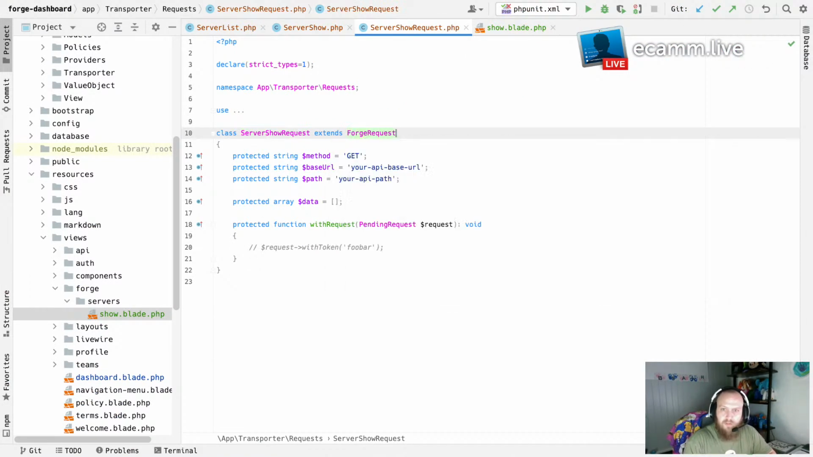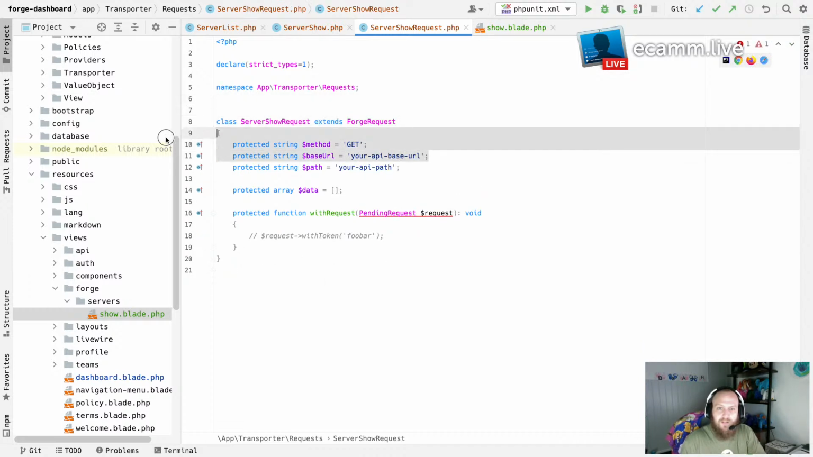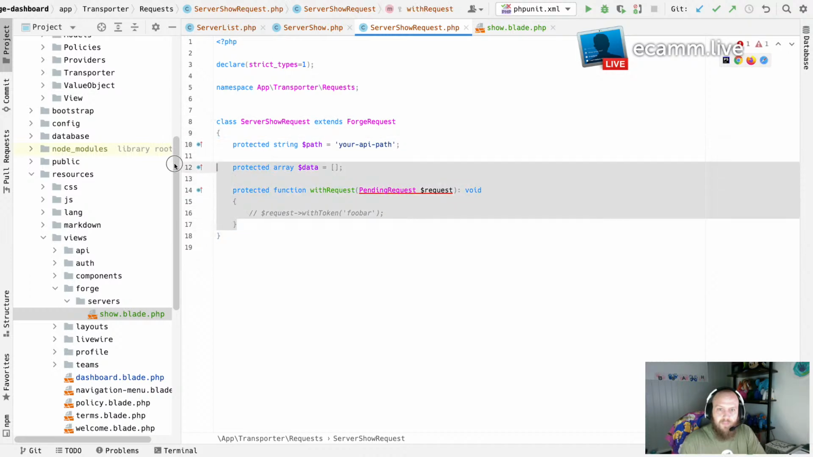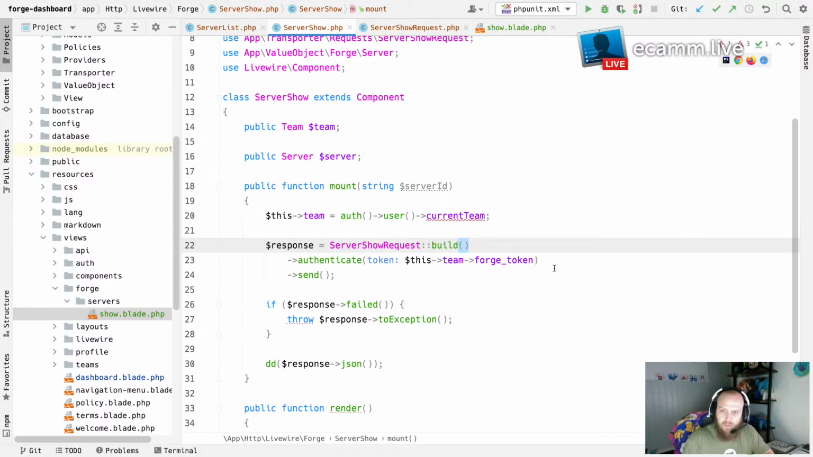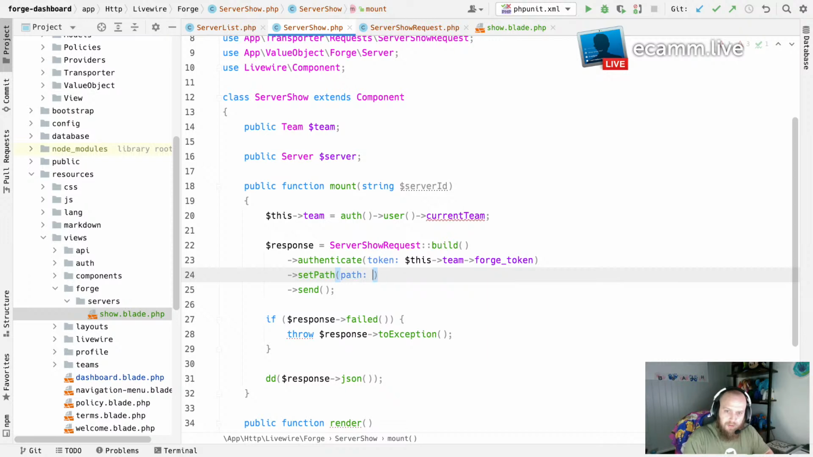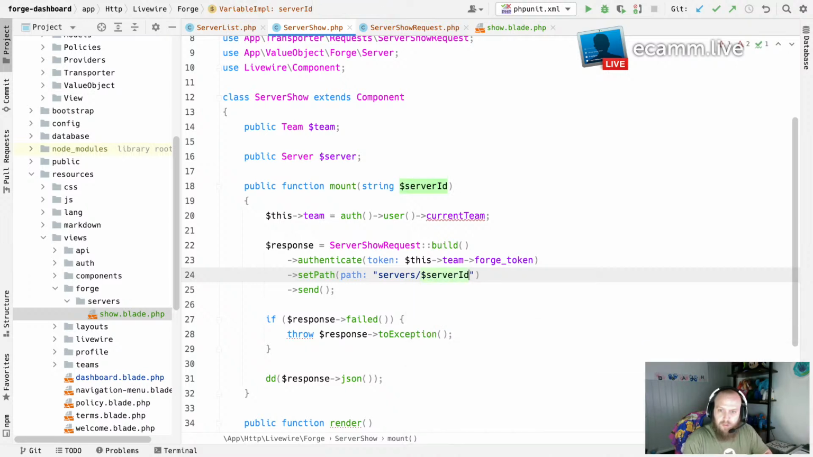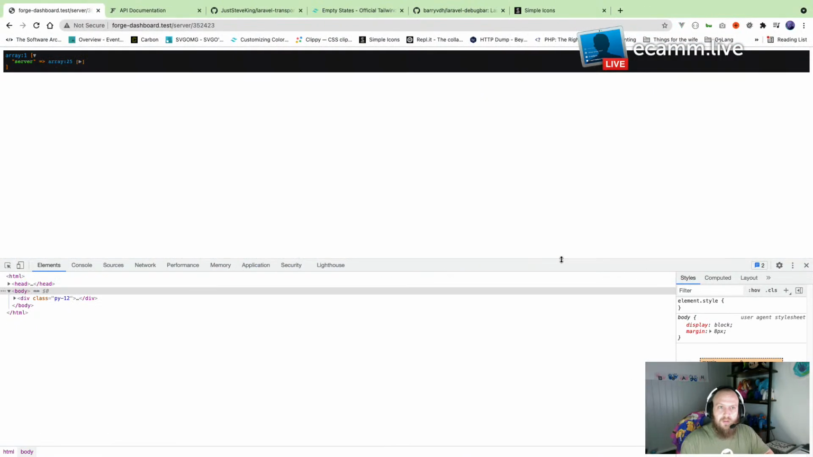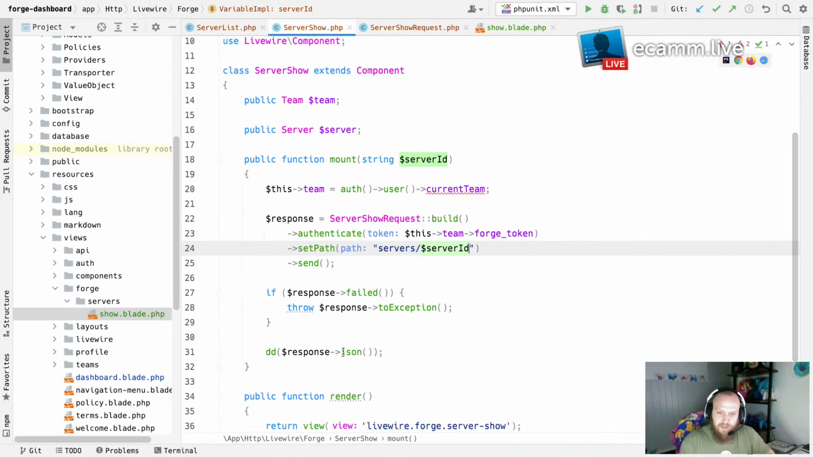Extends forge request. I can drop that. So I can drop all of that. So server show, authenticate, set path, where the path is going to be, here we go, we've got a server. So there's JSON there, so what I can do,